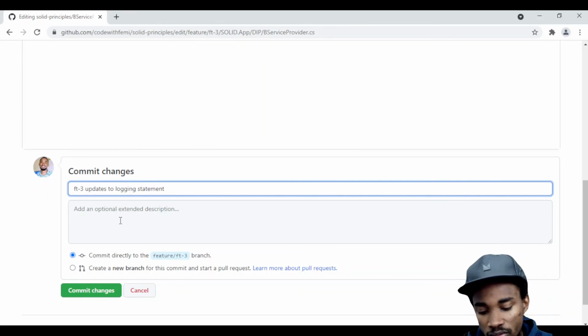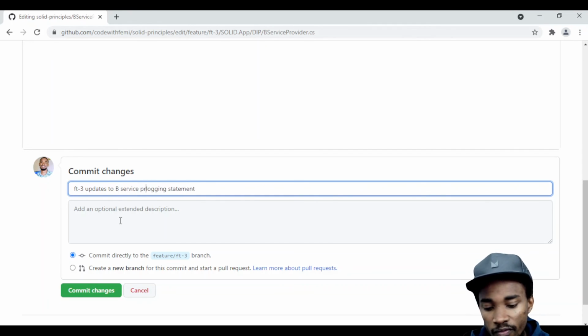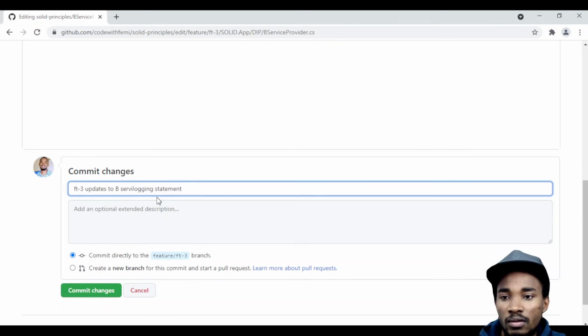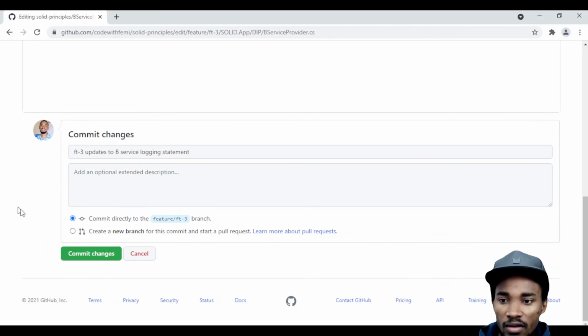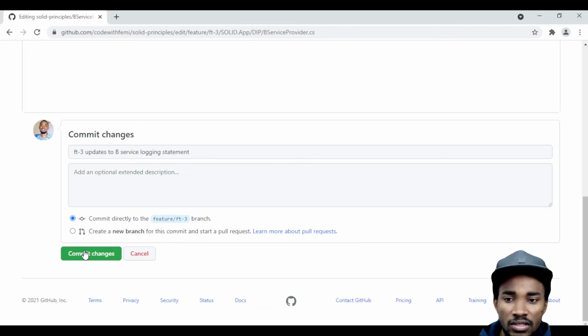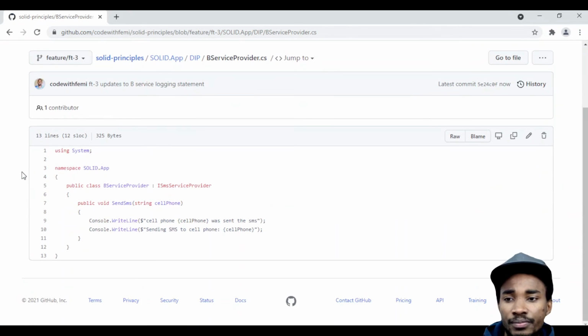I just put it as the service provider login statement. Oh, okay, the service login statement. Okay, we have that, and then we can actually just commit directly. We commit the changes directly into that F3. Now see what is going to happen. We have that right where we've